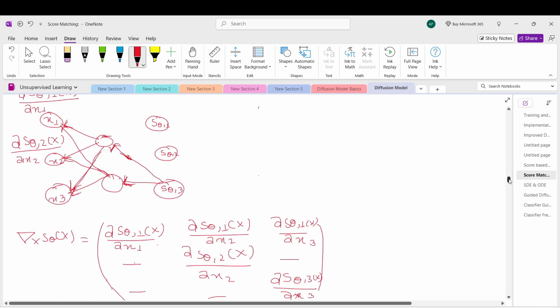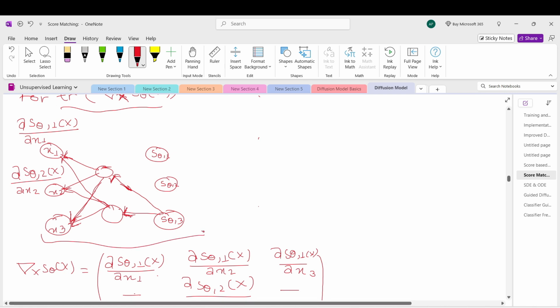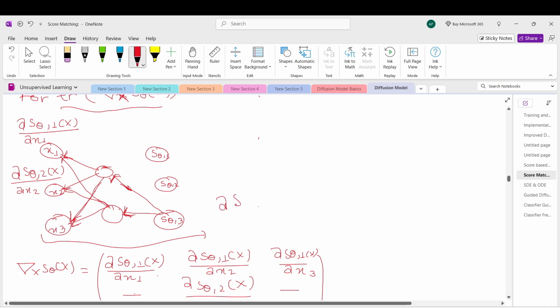The back propagation is like this. If you want to evaluate the last quantity, the derivative of s theta 3 of x3 with respect to x3,